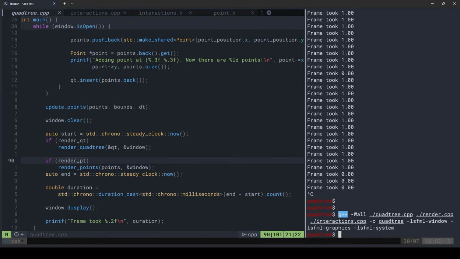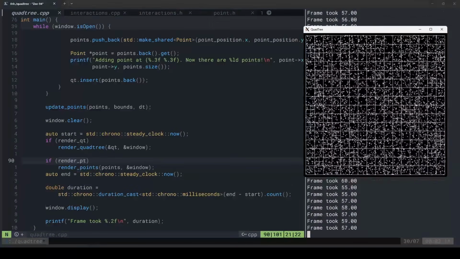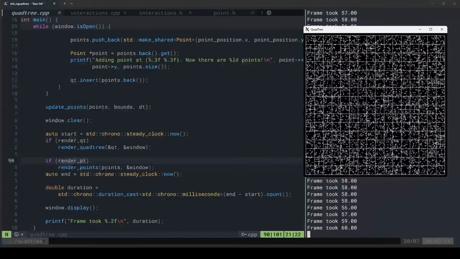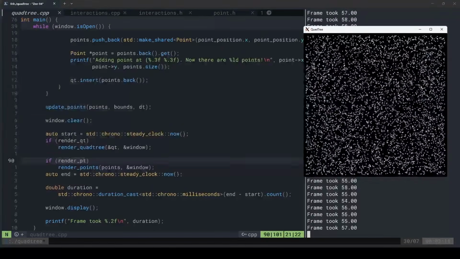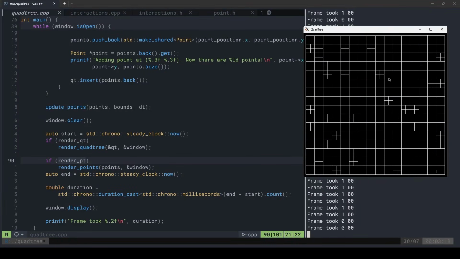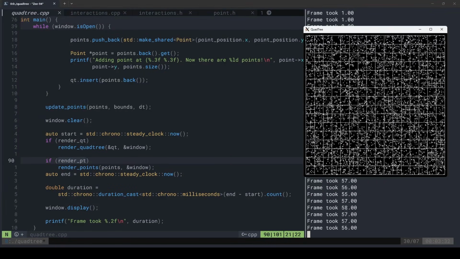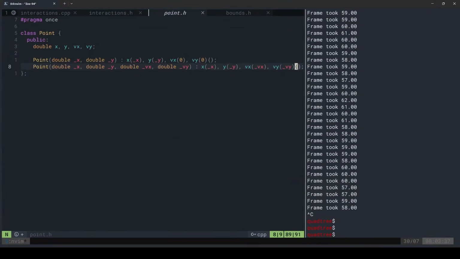Let's see. That actually might change our frame time a little bit. Oh yeah, our frame time is significantly slower. But now if I press T, it should remove the rendering of the quad tree. If I press P, it should remove the rendering of the points. And as you can see, the rendering of the points is much slower. This might be because I added